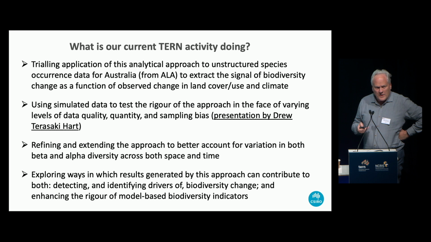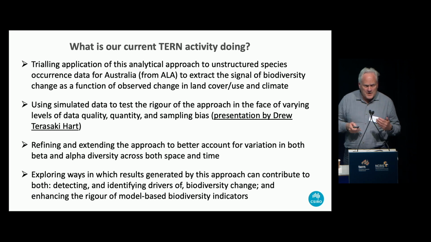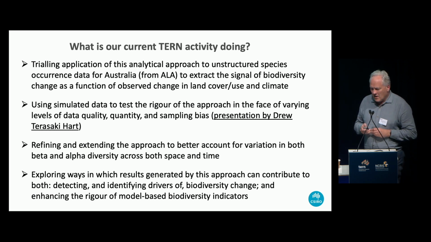We're also doing a lot of thinking and hopefully development in extending the approach to better account for variation in both beta and alpha diversity across both space and time. A lot of the focus to date has been on the beta diversity component, but we have some really good ideas about how to do the change in alpha as well within that. And then finally, we're exploring ways of